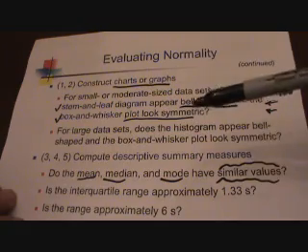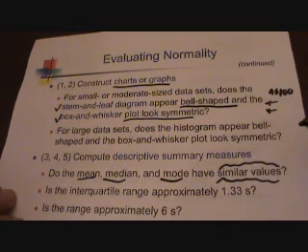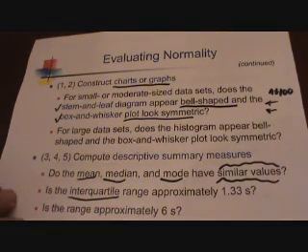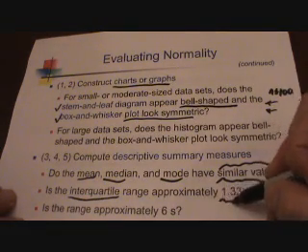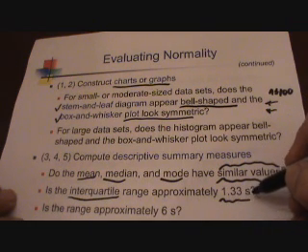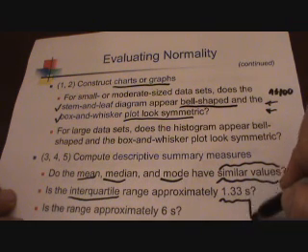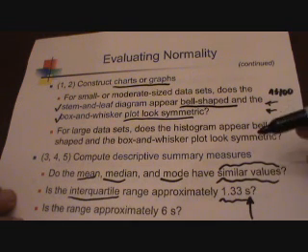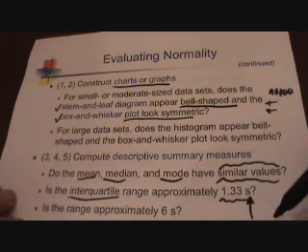The next point for evaluating normalcy is looking at the interquartile range. This is the difference between Q3 and Q1, and is that range equal to approximately 1 1/3 times the sample standard deviation? If it is, that's an indication of normalcy, and if it's much different than that, then our data